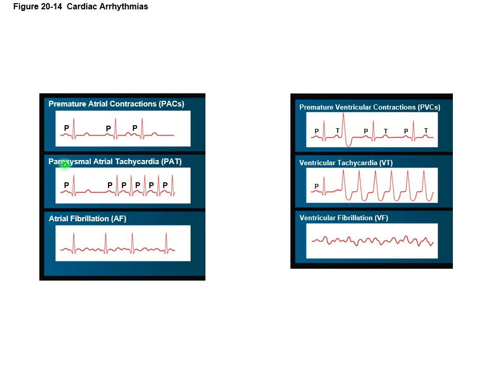Another one is paroxysmal, which is sudden atrial tachycardia. So we go from a normal rate to all of a sudden very, very fast. And if you have atrial tachycardia, remember that will translate into ventricular tachycardia because it goes right through the AV node. Atrial fibrillation, excuse me, anytime you have fibrillation, that means the muscle tissue is not contracting in synchrony or